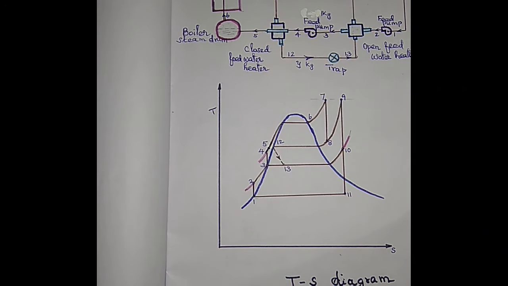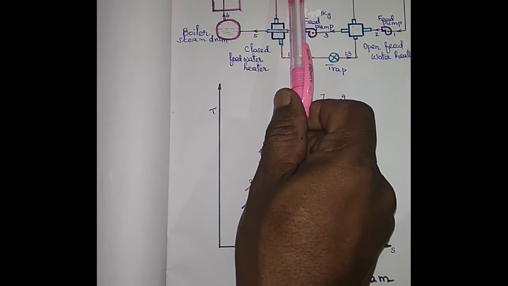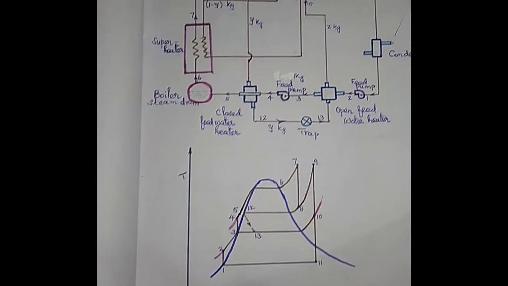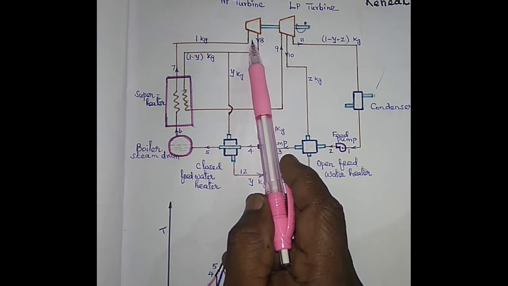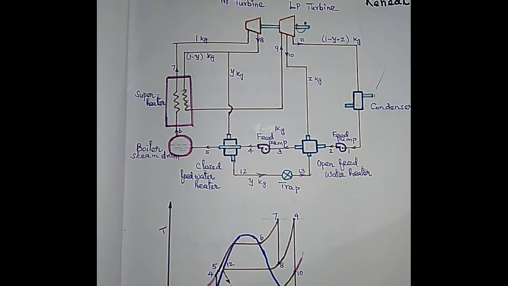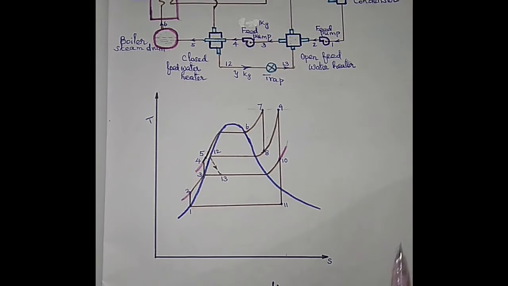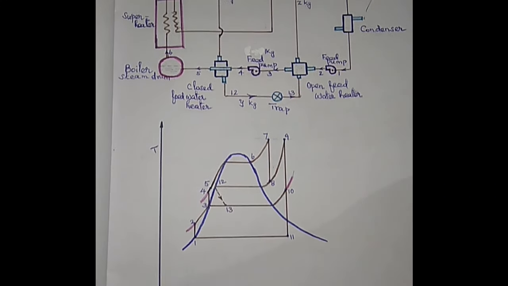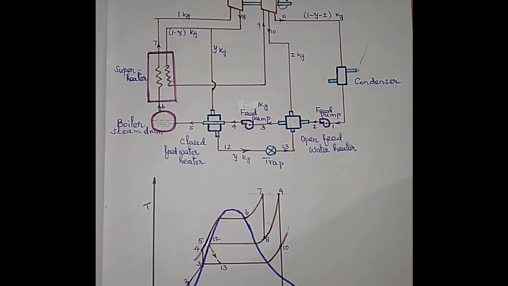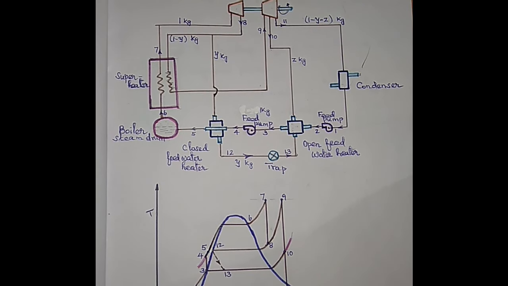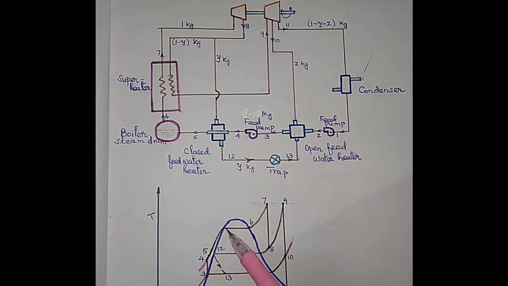The TS diagram. So this HP turbine inlet is point 7 and the exhaust is 8. So 7 to 8 is the expansion which takes place in the HP turbine. Okay, 7 to 8. Afterwards, at a lower pressure,